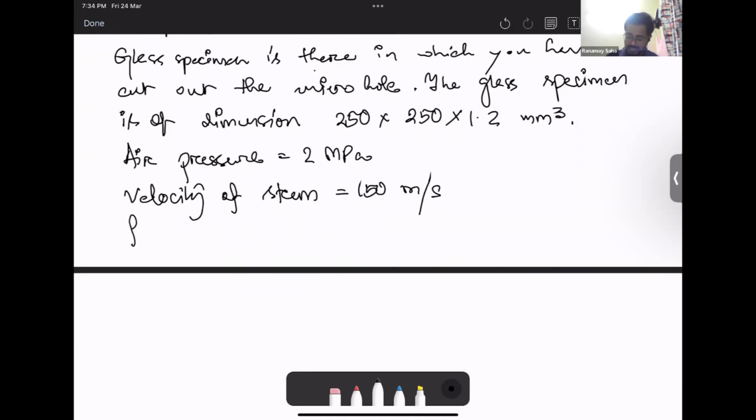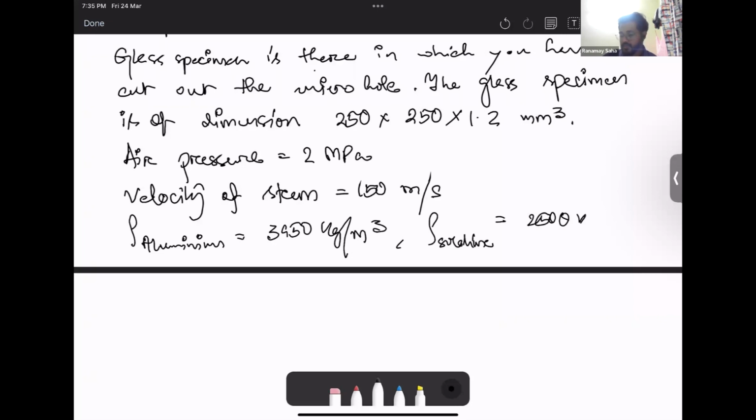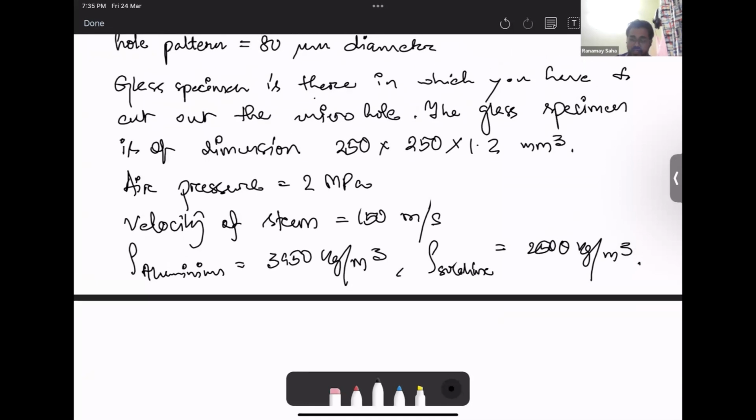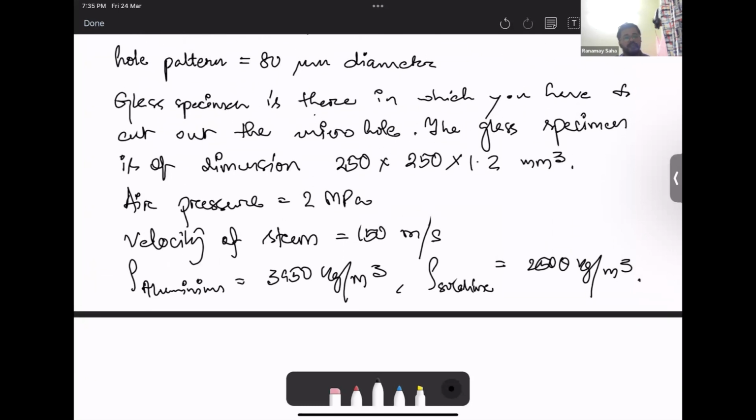Further, the density of aluminum is given as 3950 kg per meter cube, and the density for your soda lime glass is given as 2500 kg per meter cube. Okay. So given these conditions, you have to determine the mass loss from the workpiece, the soda lime workpiece, while